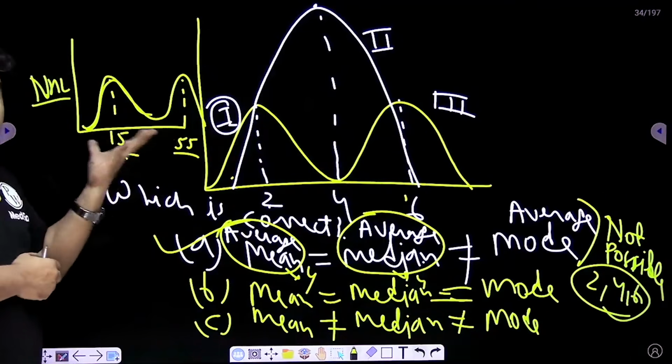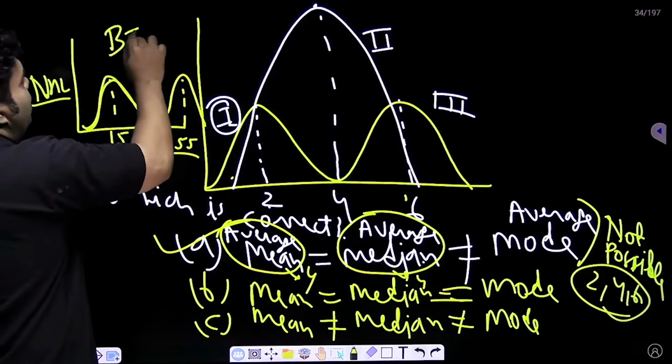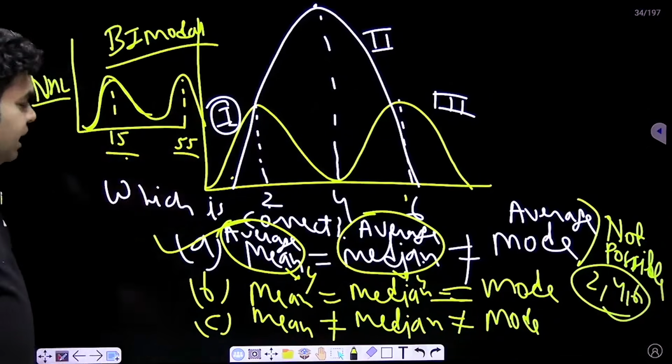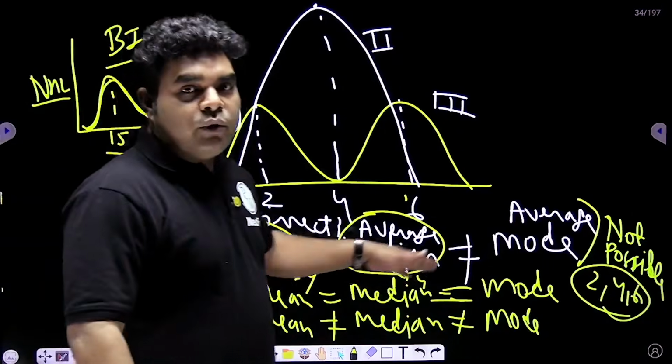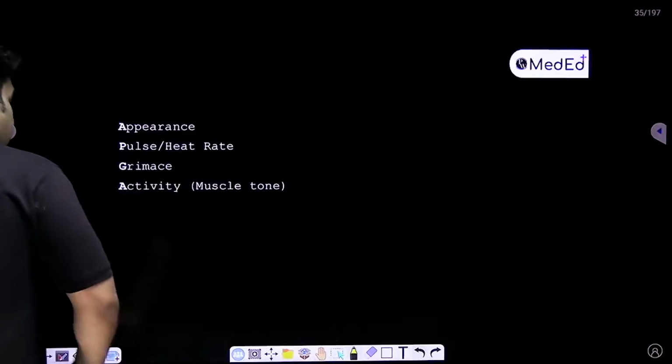There has to be two modes, and we cannot take the average here. So this type of distribution is bimodal, and if the distribution is bimodal, the average of mode cannot be taken. So mean and median are equal, but they are not equal to the mode. Okay, chalo. Now let's